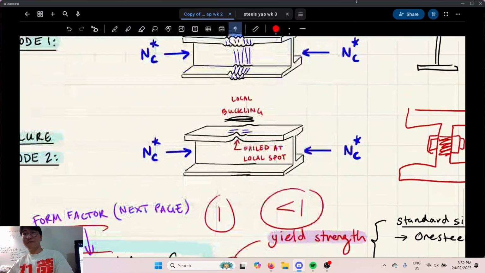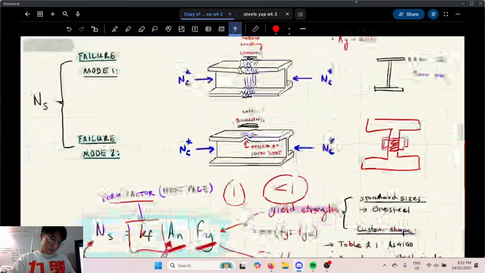That's Euler buckling. So it just means that not a specific part will buckle. It's more along the entire longitudinal axis that it could buckle. That's Euler, which is what we're checking for member capacity. Can it be both types of buckling? So actually, that brings me on perfectly to